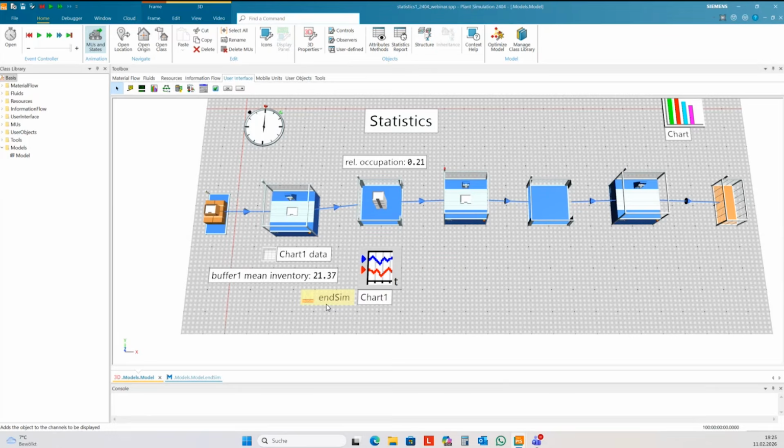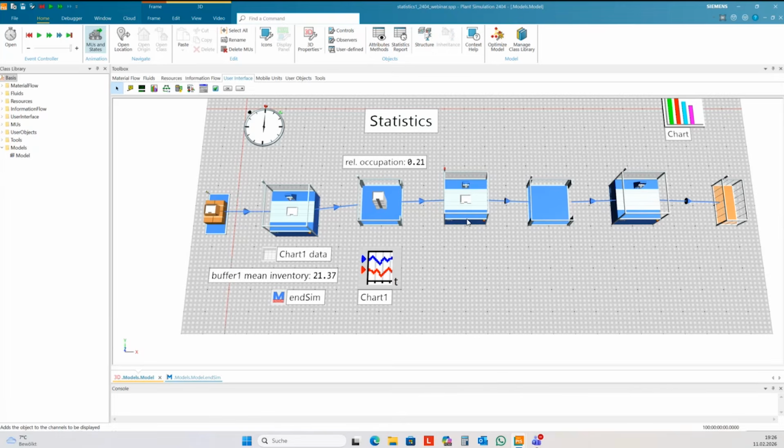If you have used 2D for a longer time, then maybe you know the display panel. In 2D, this is a way to show a lot of values near the objects.